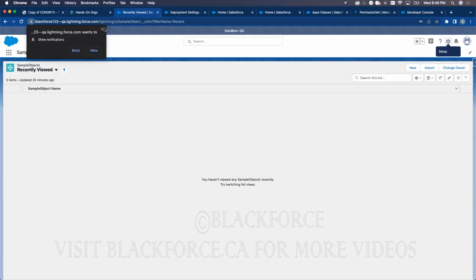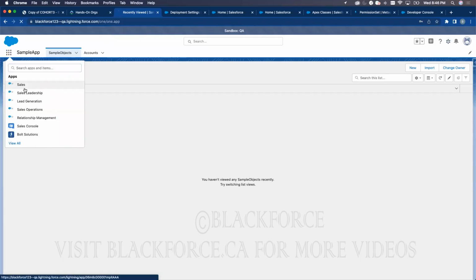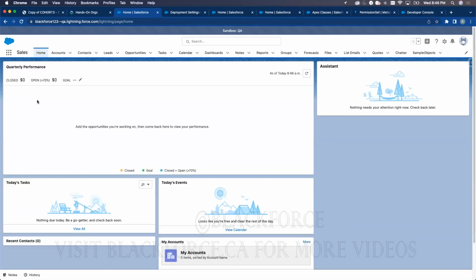Now, I've said component almost, I wouldn't say a million times, but I've said it several times. And some of you will be wondering, what exactly is a Lightning Web Component? What exactly are components? If I go to my account,